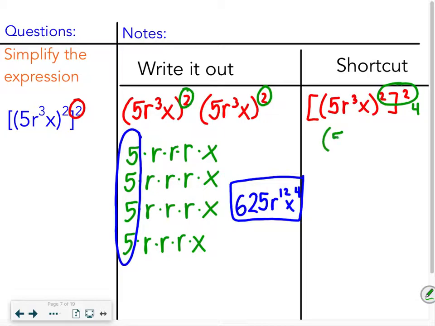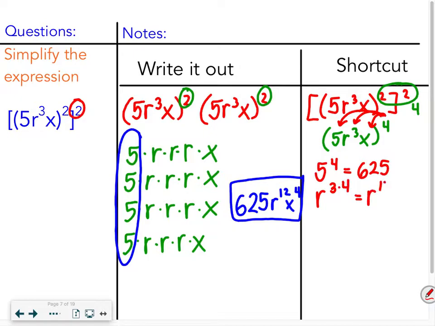So then you have 5r to the third x to the 4th power, and you are going to distribute the 4 to everything in the parentheses. So you have 5 to the 4th power, which is 625. You have r to the 3 times 4, which is r to the 12th, and then you have x to the 4th. So then again, the same